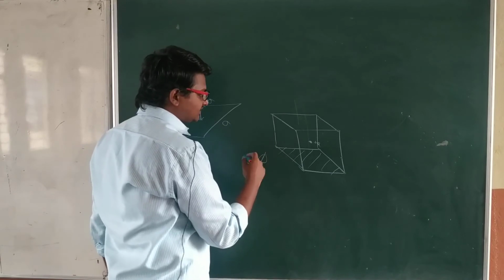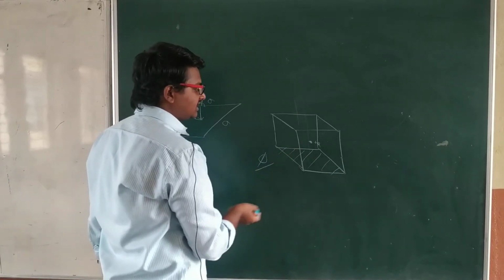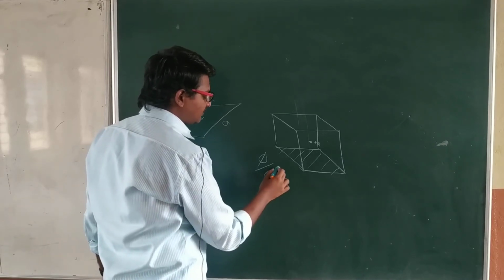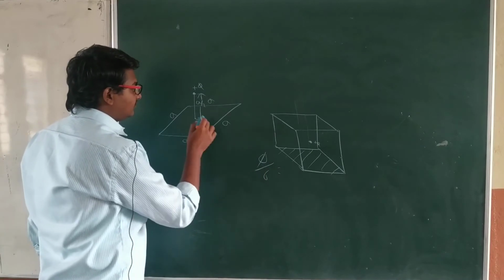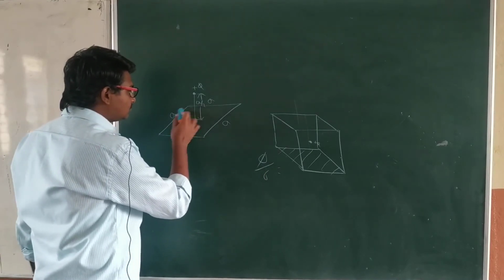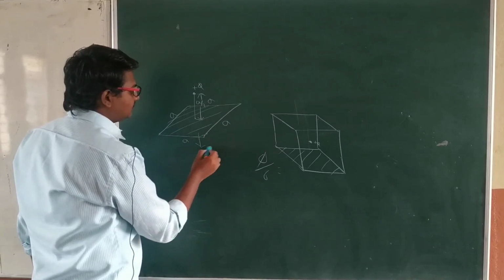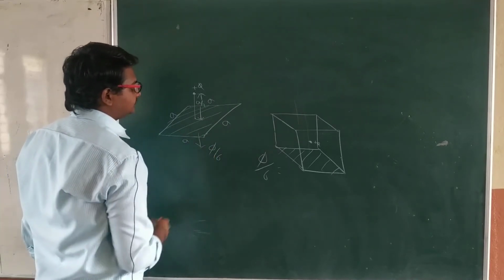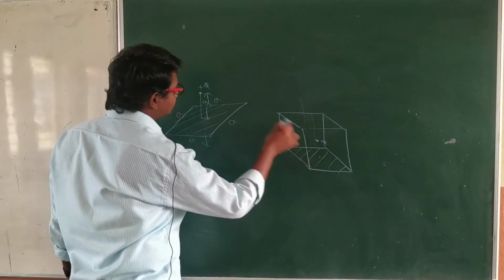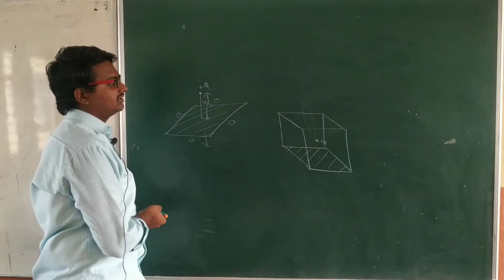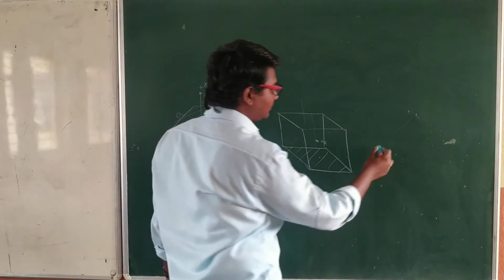Total flux is phi, and it has to be shared equally by the six sides of the cube, that is phi by 6. It means phi by 6 is the flux passing through this particular square surface. Now if you see here, from here to here the distance is a by 2, they have given. Right, to solve this one easily, let's consider the before case problem.